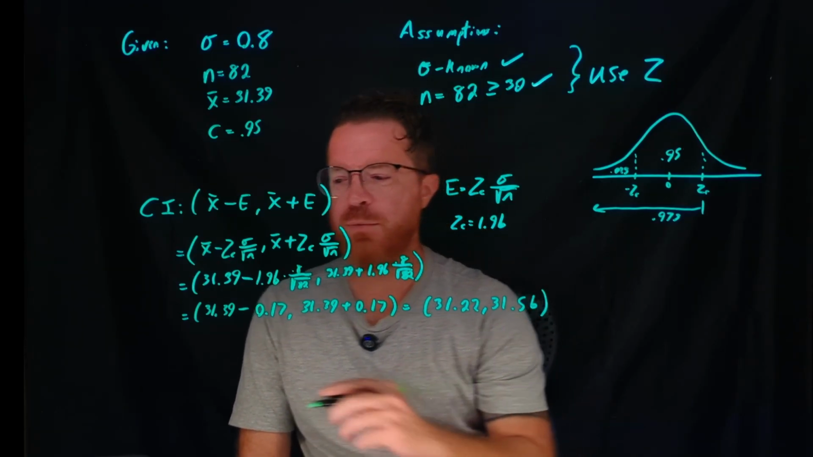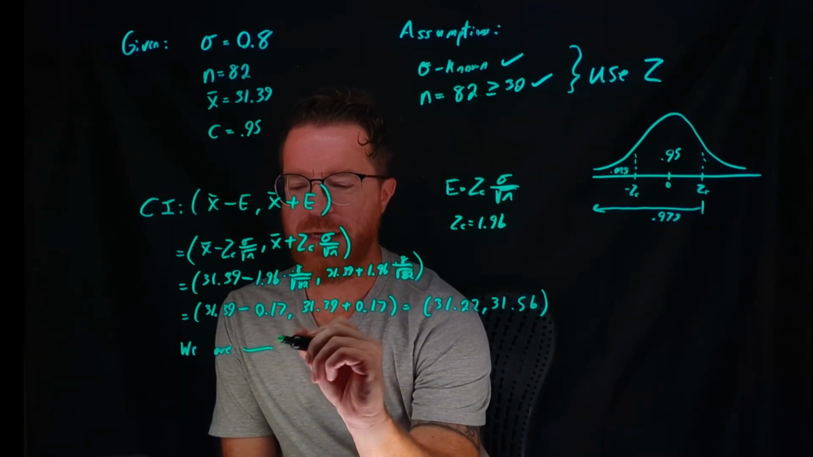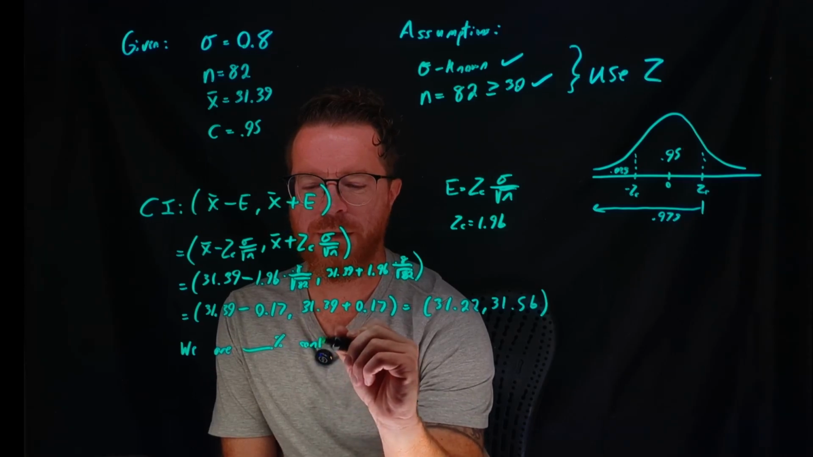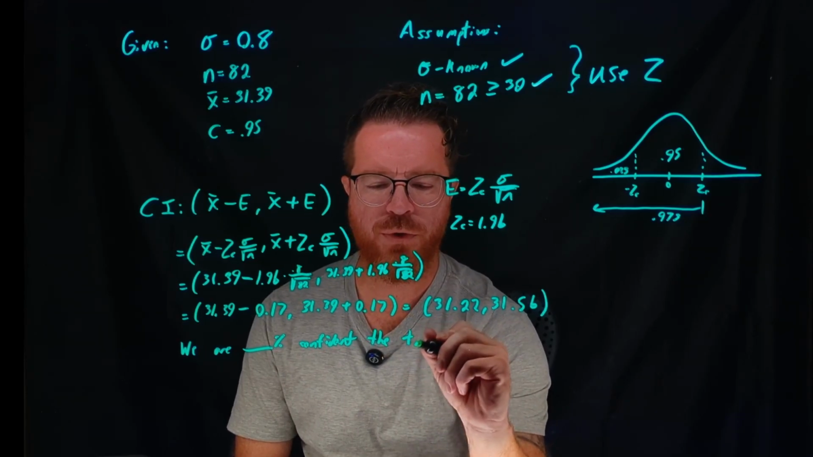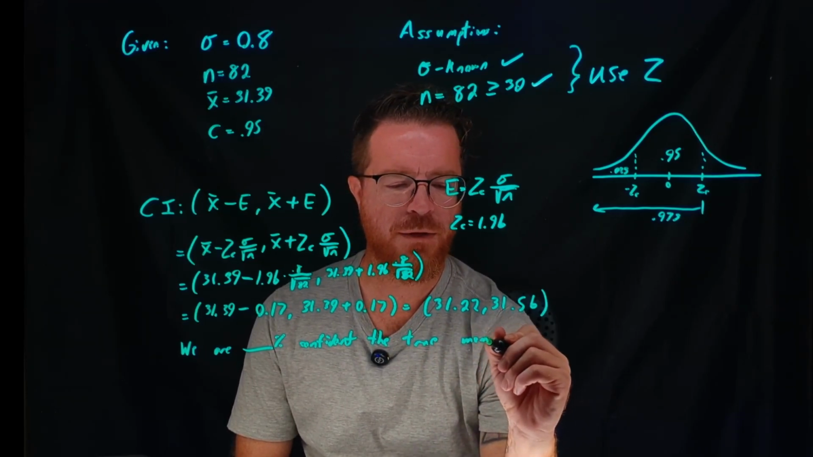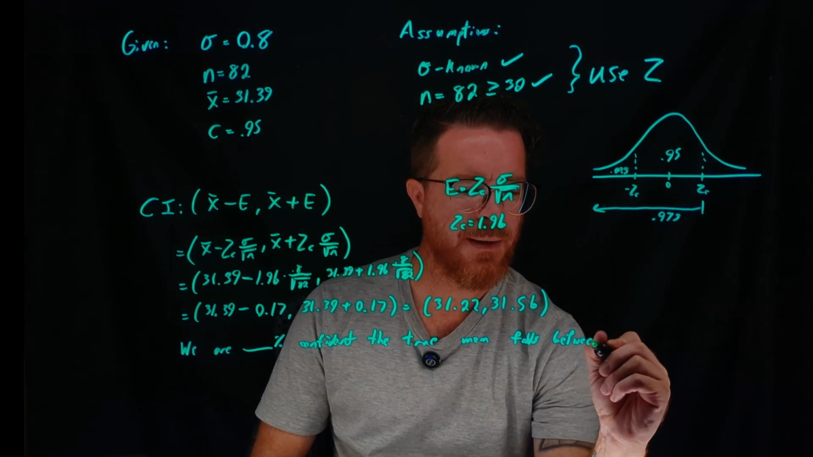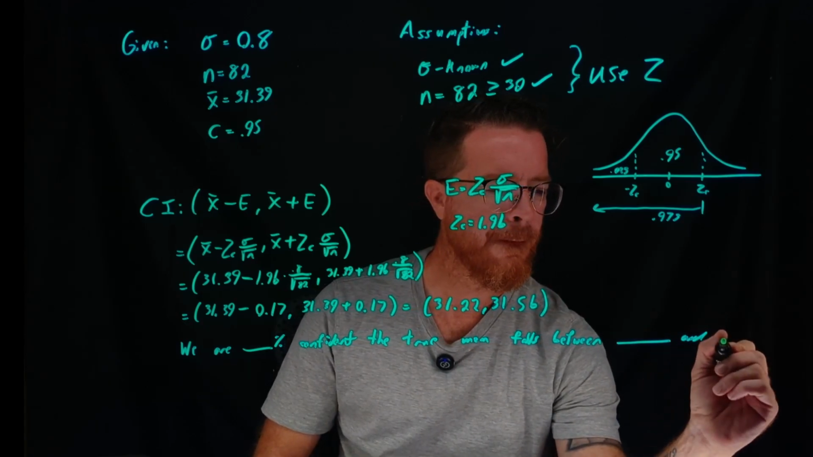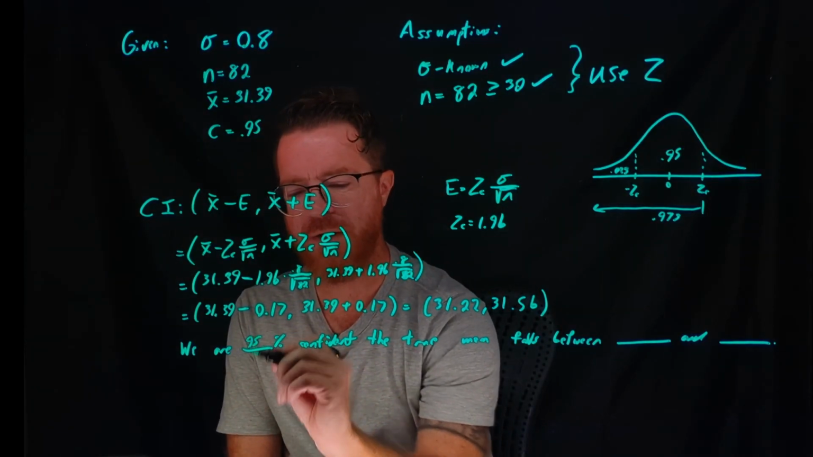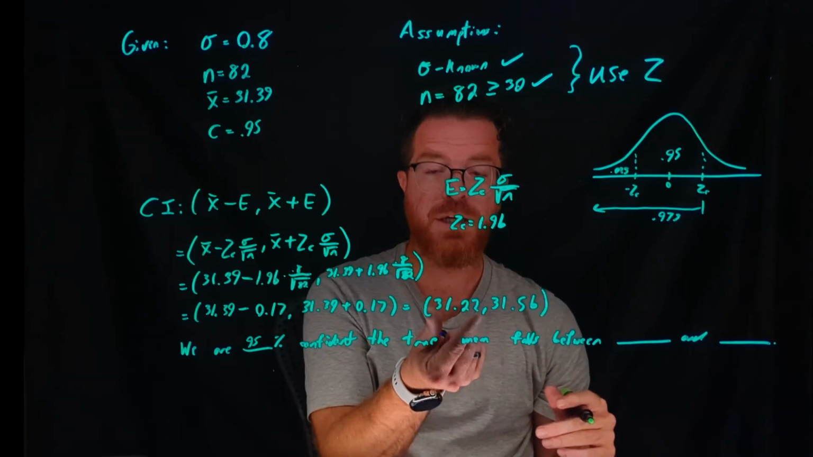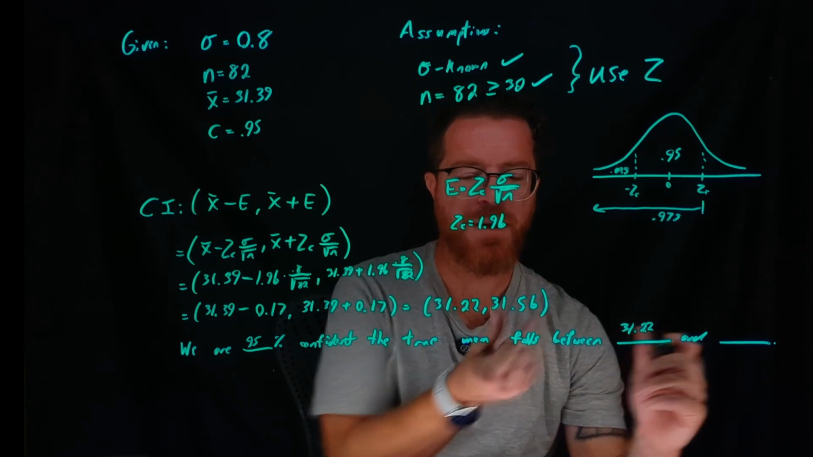So the interpretation of this would just be something along these lines. We are blank % confident the true mean falls between blank and blank. And then you just plug in, right? We had a 95% confidence interval, so you'd put that we're 95% confident the true mean falls between your lower boundary, 31.22, and your upper boundary,